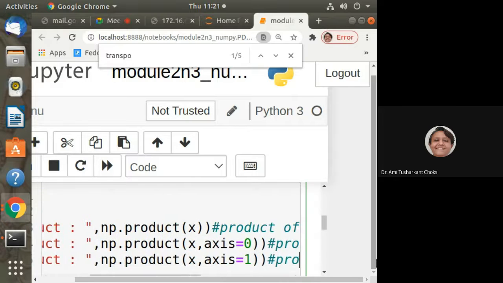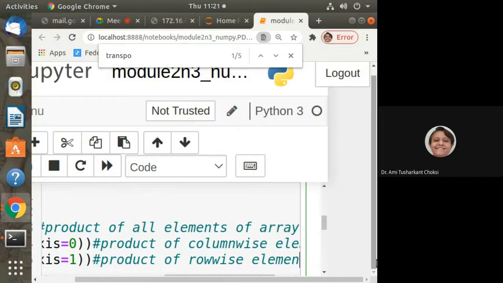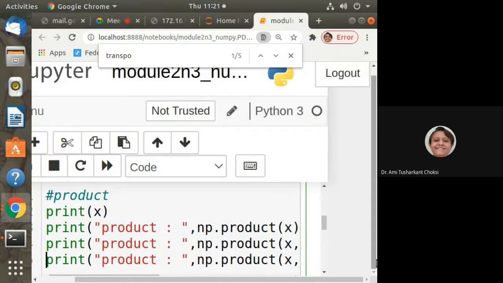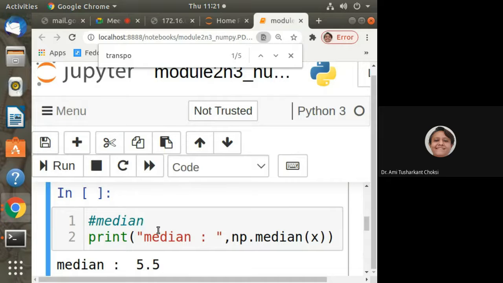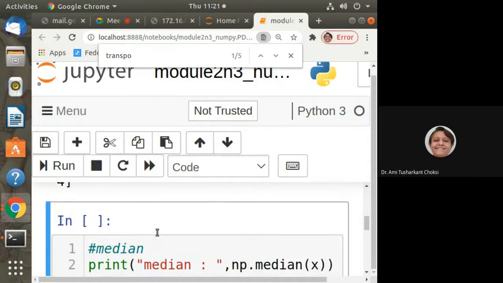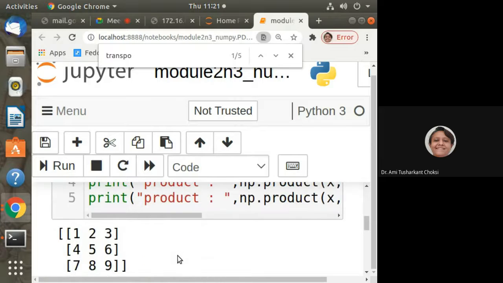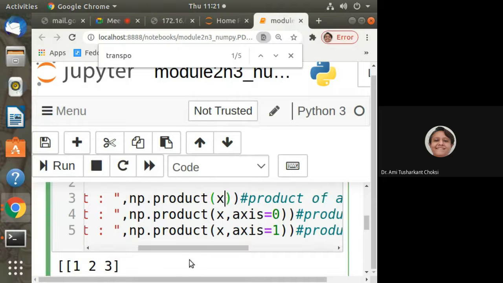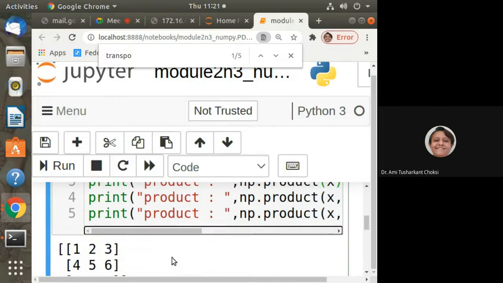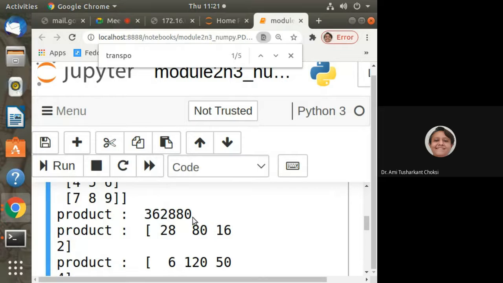So this is what we have given. Now what does that mean? We can understand it from the result. Where has it gone? Scroll. Okay. Now here, np.prod of x.